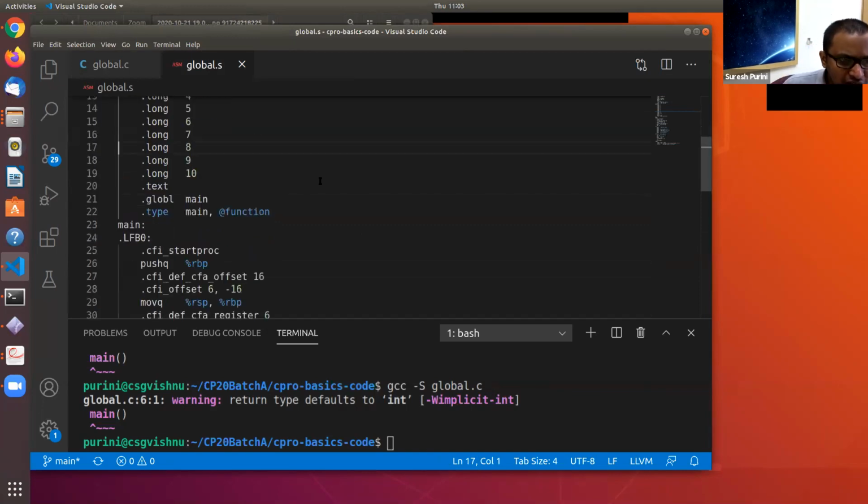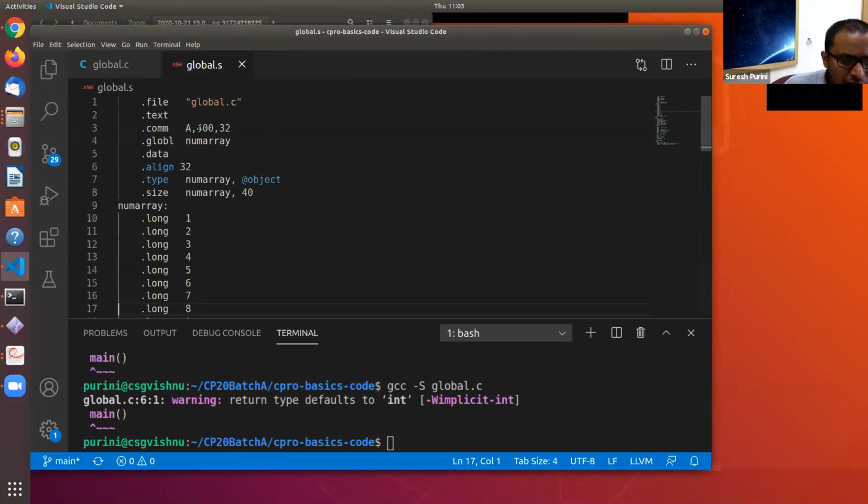Later on, we will see that the memory for the variable A will be allocated in what is called the .bss section. All variables which are initialized to 0 will be present in this .bss section.